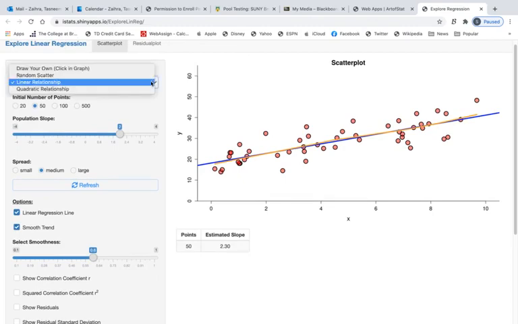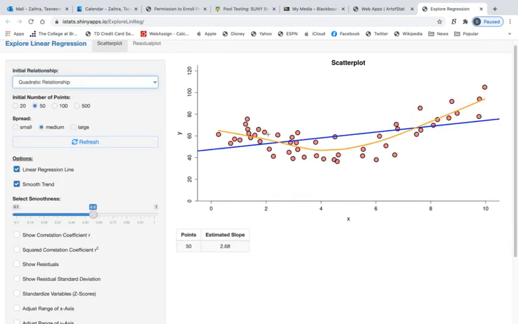If, let's say, I fit a quadratic relationship, and then I'm fitting a linear line, see, this smooth trend is showing you that the relationship is quadratic, the orange one, right? And then if you fit a linear model to this kind of relationship scatter plot, you will not get a very good fit. So going back to my linear relationship,